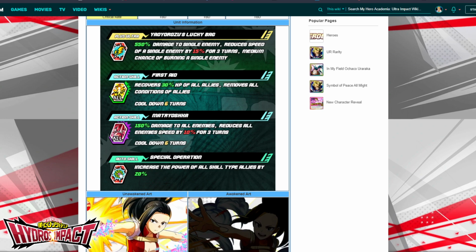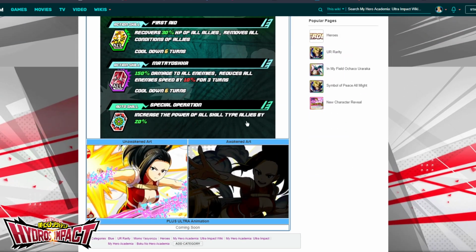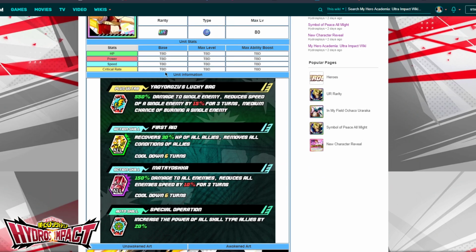So her passive, or her auto skill, which is like a passive, right, increases the power of all skill type allies by 20%. So skill type allies is actually blue, so not precision. That was my stupid fault. Blue is skill type. This is a skill type typing right here. So blue. She increases all skill type allies by 20%, so she's giving all blue type characters a 20% buff